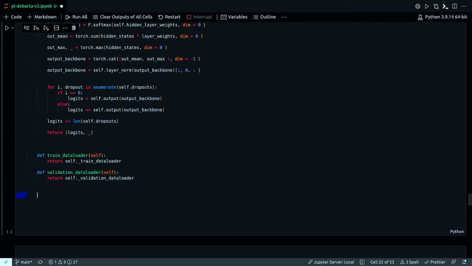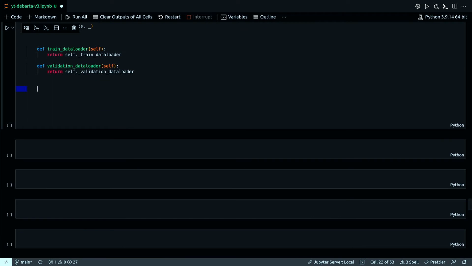Okay, and now I need to define a helper function to differentiate the parameters that should receive weight decay.